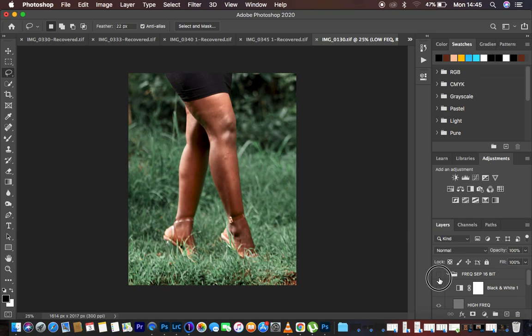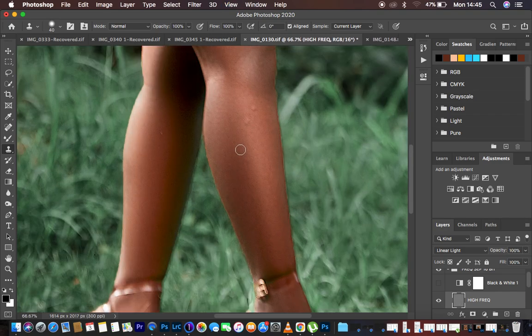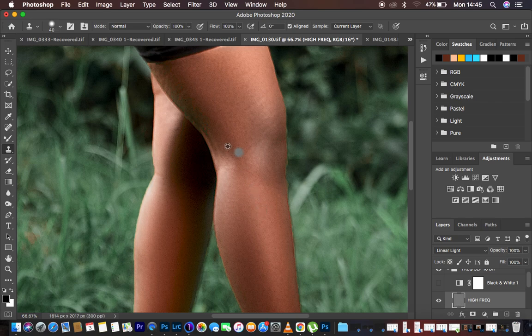This is the before after. So just want to even or match skin tones for this area. And before you can do it, let's first remove the blemishes. So just come to the high frequency layer and get your clone stamp tool, or whichever tool you prefer. Hold down the alternate, copy and paste just like that. Make sure that sample is on the current layer, because you just want to work with the textures and not the colors. You just want to sample from the high frequency layer, because you just want to have even skin tones for this area. So let's just clean up this,